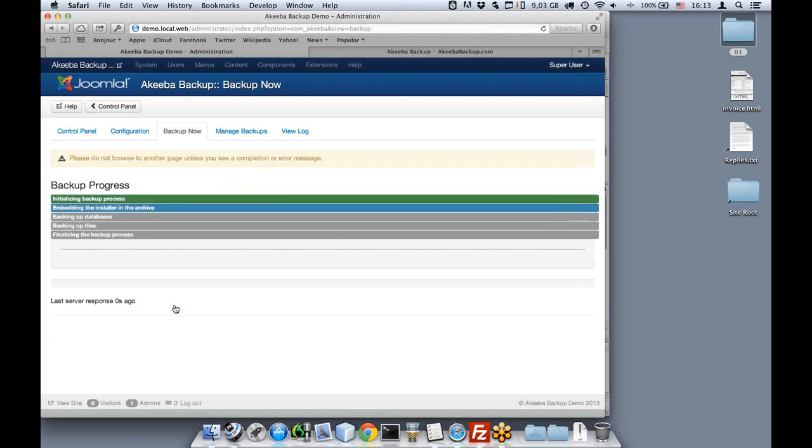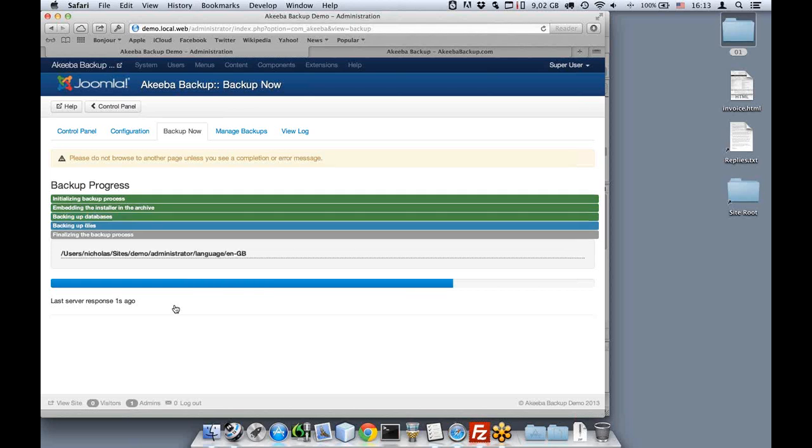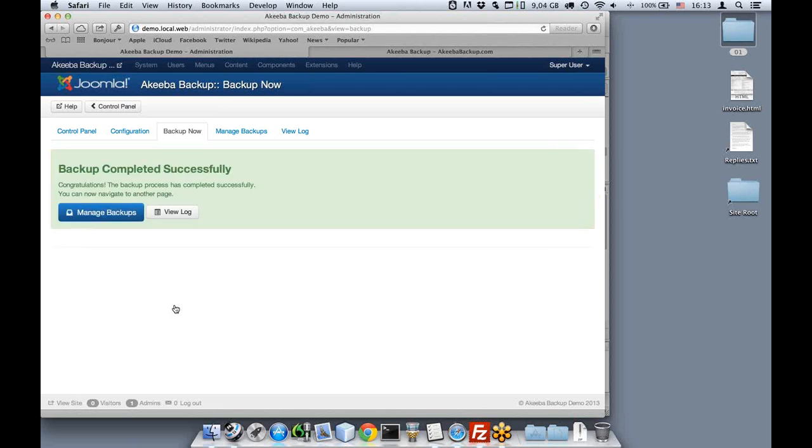You see now the page where the backup progress is shown. It tells you that it goes through several steps, initializing the process, putting the installer inside the archive, backing up the database, backing up the files, and finalizing the backup. So if you are on a speedy server like those provided by CloudAccess.net, even on their demo accounts, you will see that the backup of a basic Joomla site completes in about 20 seconds. So let's go now to the Manage Backups